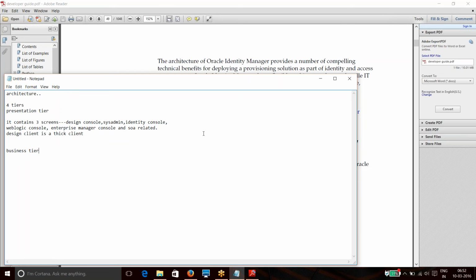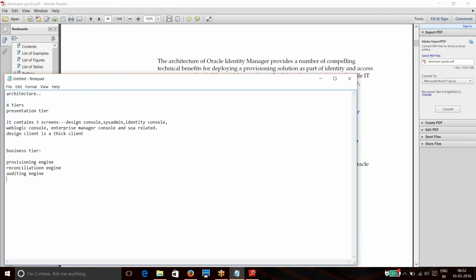So the next tier is the business tier. The business tier is where all the OIM related functionalities are, like the provisioning engine, the reconciliation engine, and the auditing engine.